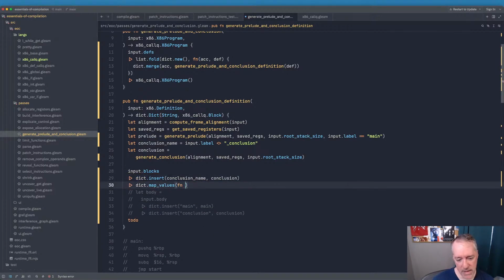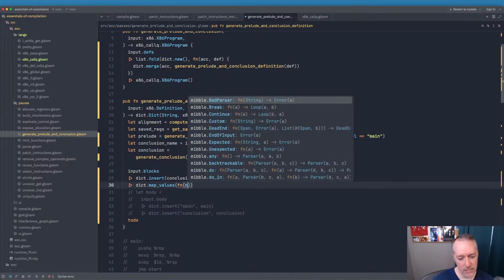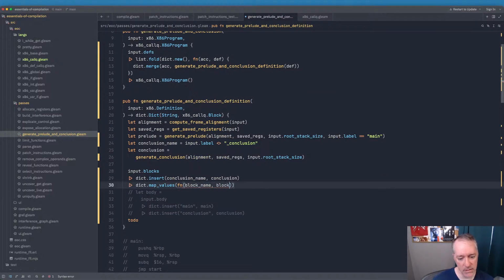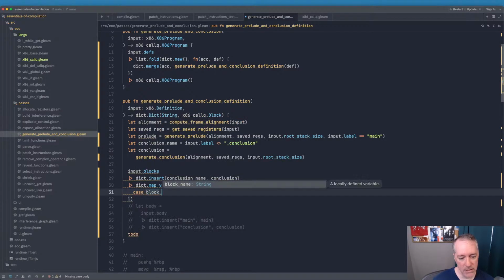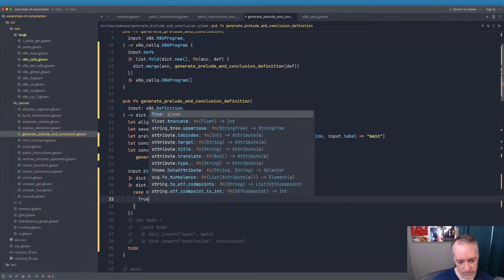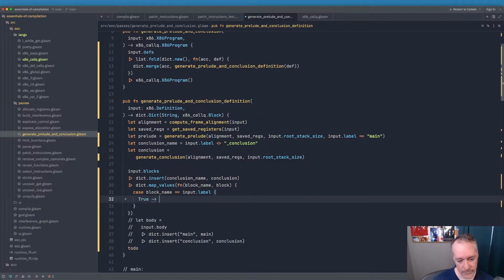I think we're going to have to do it in map values here. So this is block name block. Okay, and what we want to do is check if block name equals input.label. If it's the same, right? Then